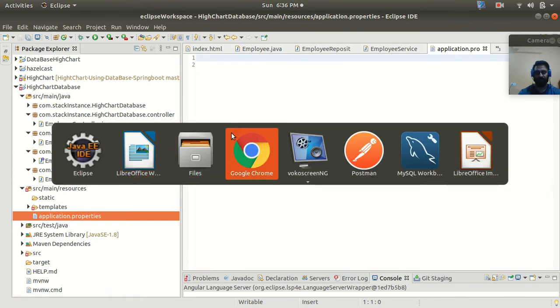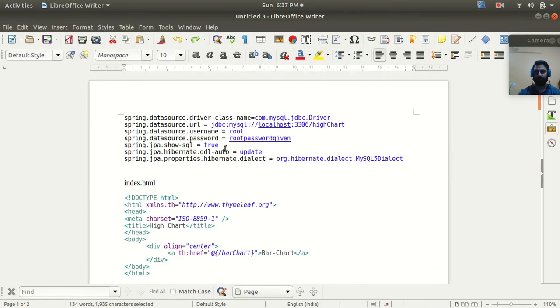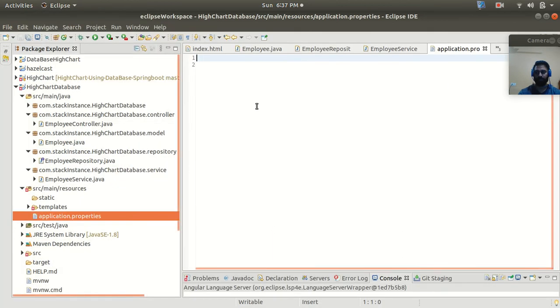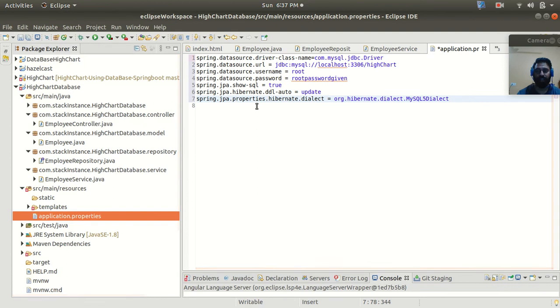So already I have the template. So this is the template. Let me copy, and then I will explain you. Paste it here. So here you can see that I'm adding the driver class name as com.mysql.jdbc.Driver, and the URL as jdbc:mysql://localhost.